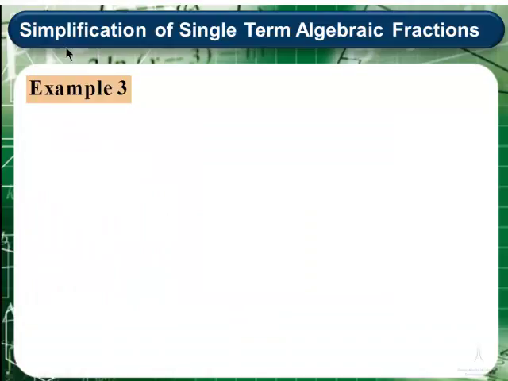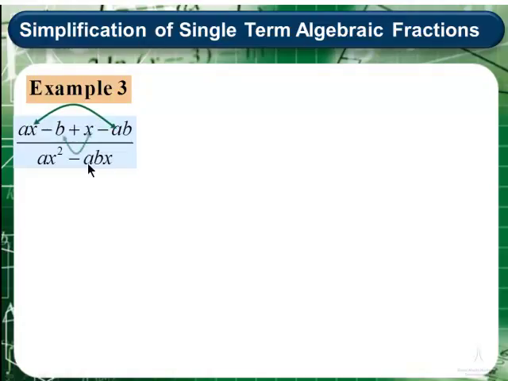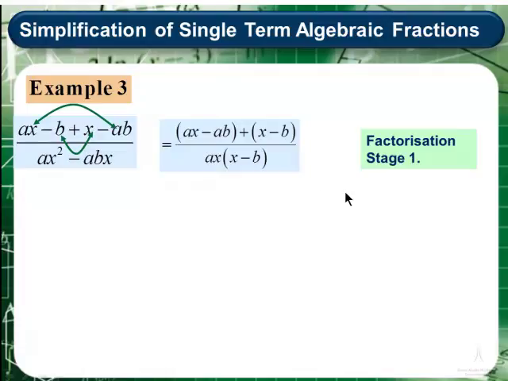In example 3 of the simplification of single-term algebraic fractions, we see immediately, if we look at this given expression, that we have above the line 4 terms, which means we should attempt to use grouping to factorize for this part of the procedure. So, factorization stage 1 would be identifying the pairs for the grouping factorization to be applied to the numerator position. In the denominator, we see immediately a common factor ax, and we take that